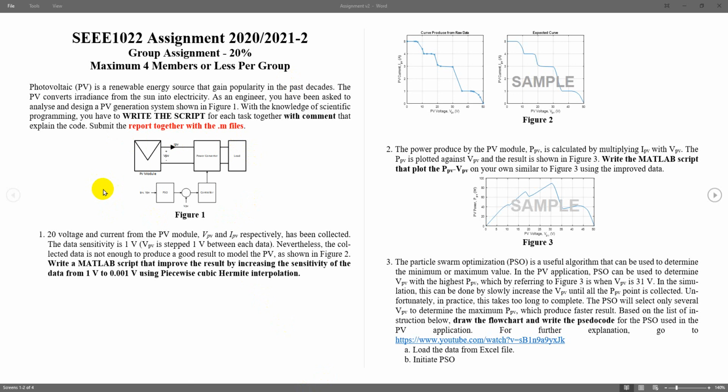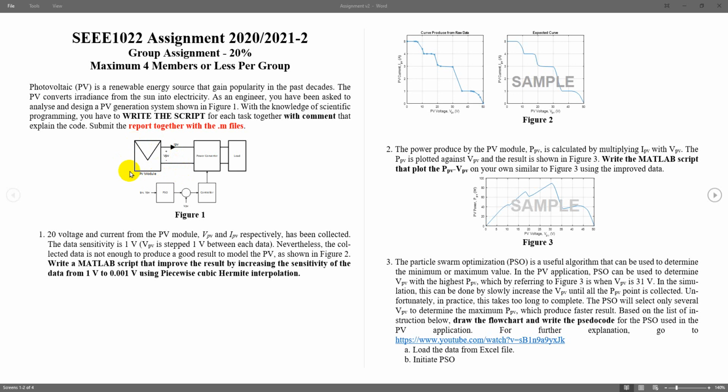So the MPPT boost converter is basically used together with the PV module. If you don't know, a PV module is a device that converts solar energy, or sun energy, into electrical energy. But the problem is the PV module is non-linear, so it is quite difficult to extract the energy from it.